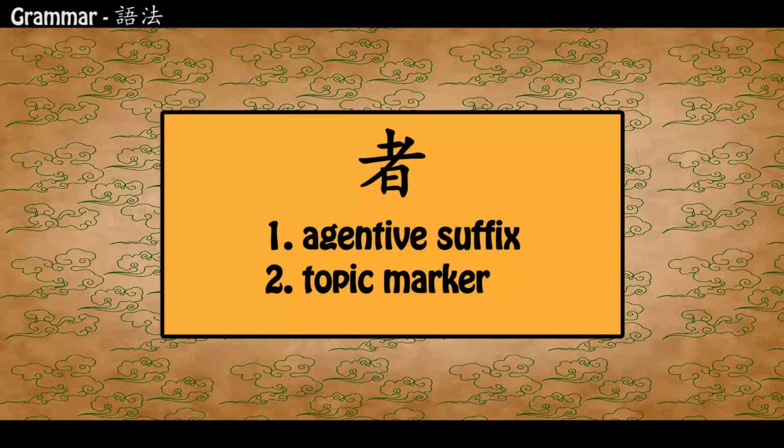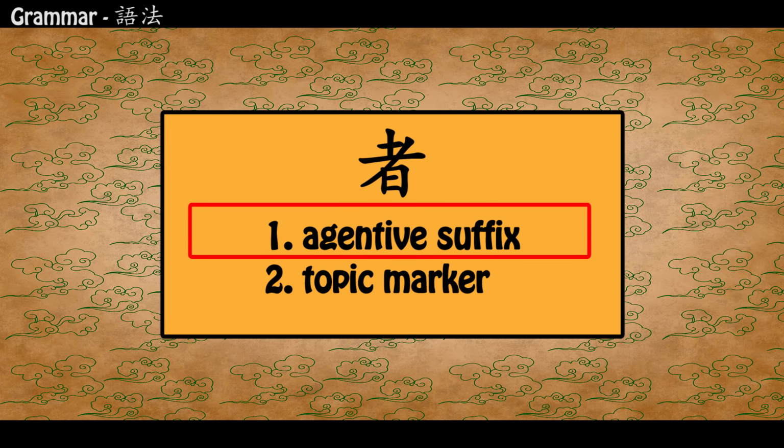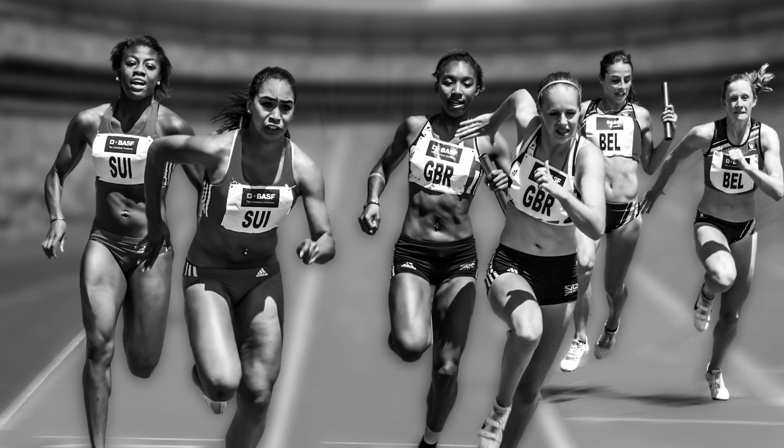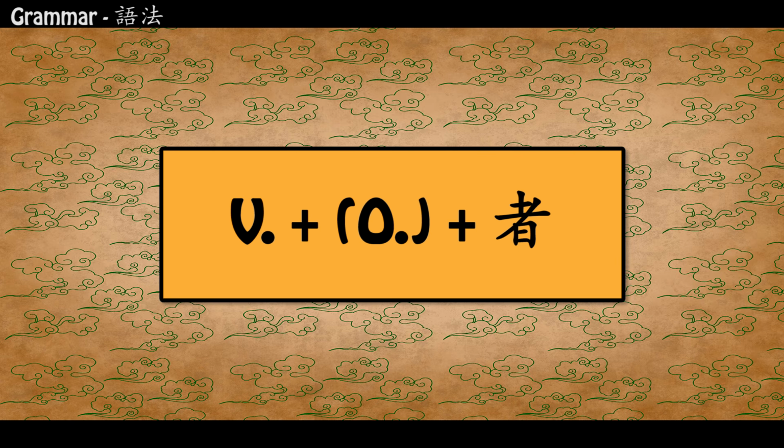Our last grammar point for today is 者, which is mainly used in one of two ways, as an agentive suffix, one who does something, and as a topic marker. As an agentive suffix, 者 is the same as the English suffix -er, meaning one who does something, as in swimmer, writer, reader, runner, and so on. Also like in English, 者 gets tacked on after the verb or stative verb, with an optional object in between,